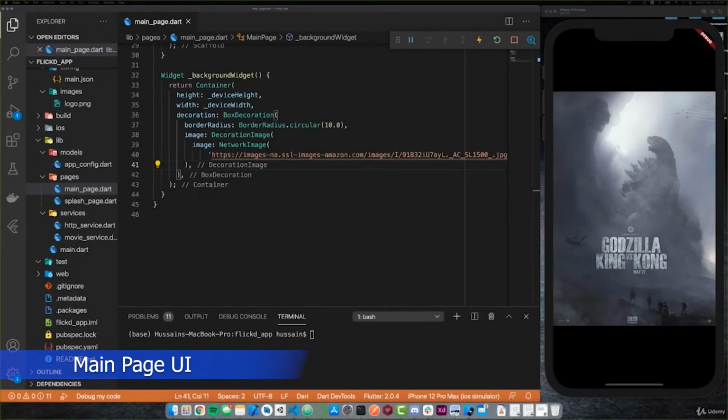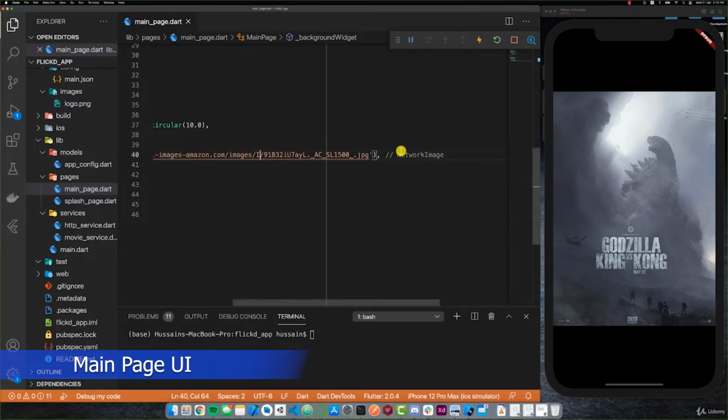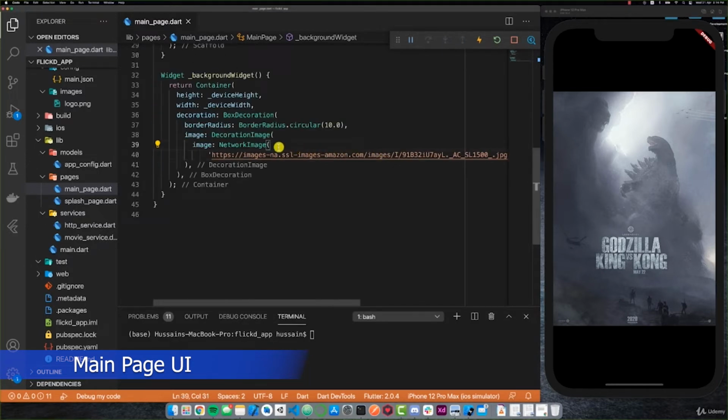So welcome back, everyone. As you can see, the app is now loaded onto the screen. And if I reload it, you're going to see that we actually see the splash screen, and then we're taken to our home screen. But there's a problem. The image is not extending completely and covering the height of the device. So to fix that, we're going to define the fit for network image,